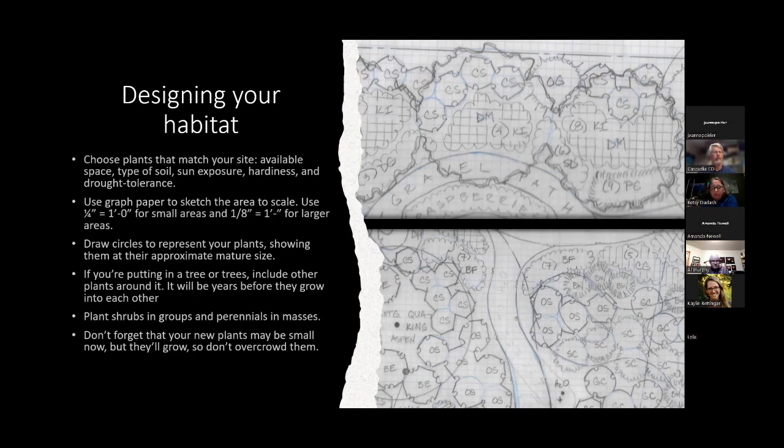Draw circles, showing them at their approximate mature size. That's where it gets really tricky, because especially when you're talking about native plants, people are used to instant gratification, and they're like, oh, there's too much space. But honestly, perennials and grasses will fill in in 2 to 3 years, and you'll be like, oh my gosh, my yard's too crowded now. My garden's crowded. What happened? So just give everything enough room,